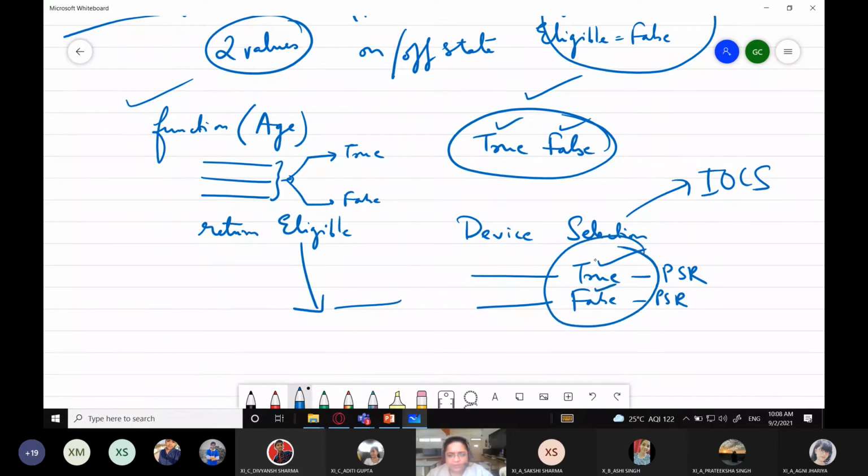So two values were used. If the value set over here is true, it says that the device is available for selection and we can go ahead with the next step. And if it is false, it says that the device has malfunctioned or is not available because it is busy or some other thing might have happened. So it cannot move on to the next step. So there are various situations where you will be needing the Boolean data type also.